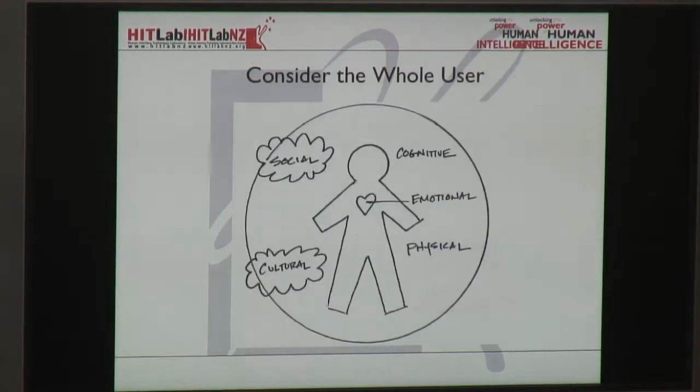And then, as we talked about a little bit last lecture, you've also got to consider the whole user. I gave you the example of the Nokia N-Gage, and when people started using it, people laughed at them and it didn't meet their needs. So you've got to think about the user in terms of not just their cognitive and physical needs, so if they can actually use the technology, but also their emotional, social and cultural needs.